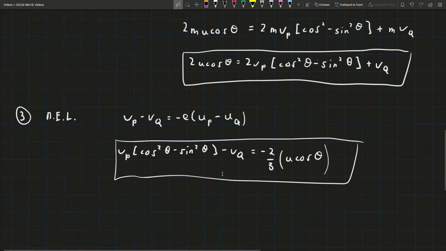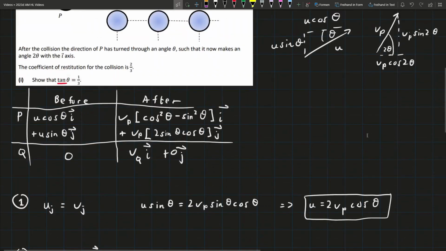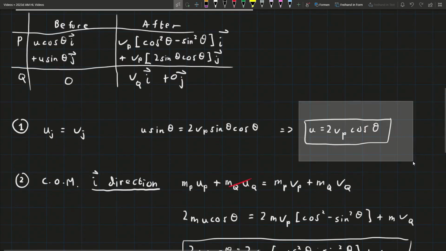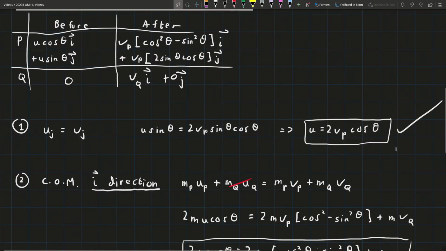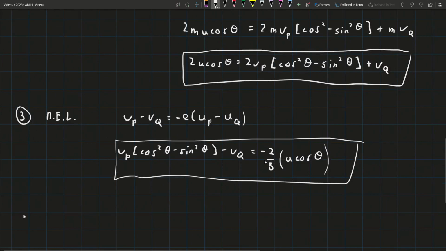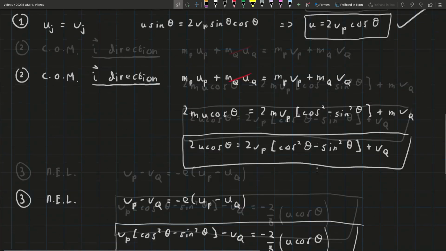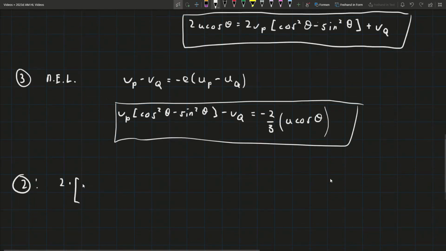And now what we can see is we have a u in this equation, so I guess the first thing we could eliminate is that, because remember, we're just looking for tan theta, so we can replace the u with 2Vp cos theta in each case. So we've used this, so we don't need to worry about this one anymore. Now if we look at equation 2, and we're subbing in for u, we'll have 2 times 2Vp cos theta, times cos theta, equals 2Vp,